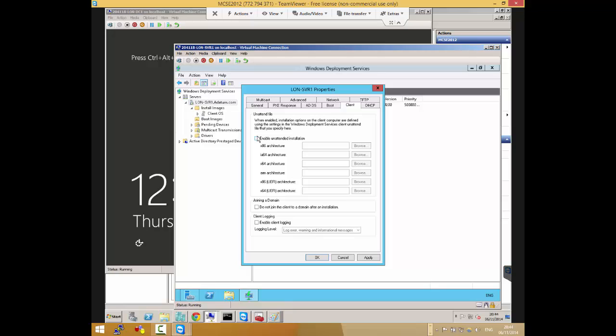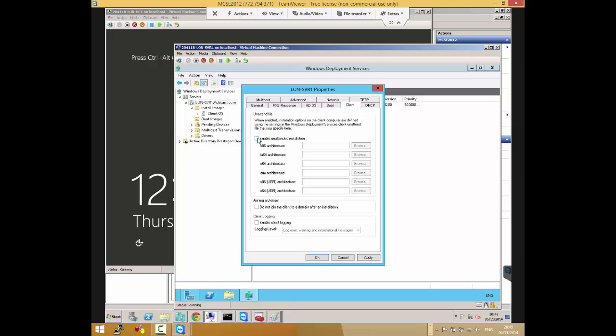We said that we can use WDS for automated deployment. We have something called the Windows Automated Installation Kit. It comes with things like Windows System Image Manager, WSIM, that you can use to create an unattended file, which we won't go into today.